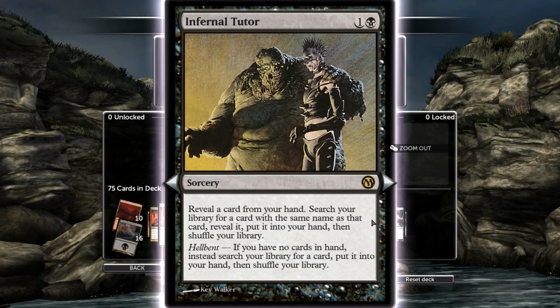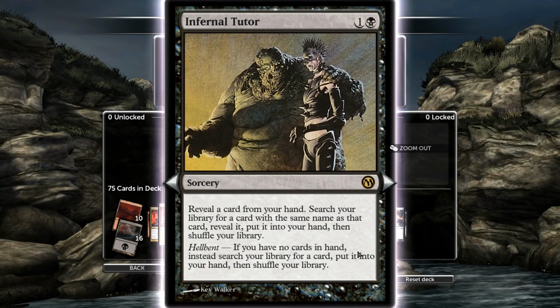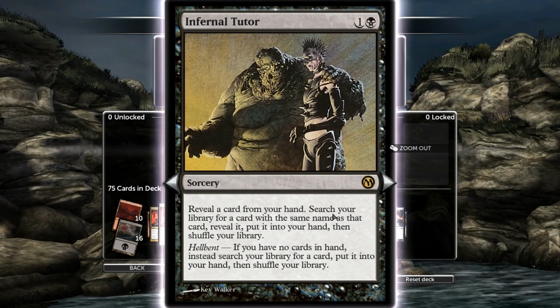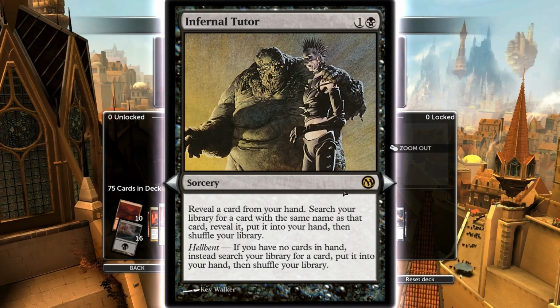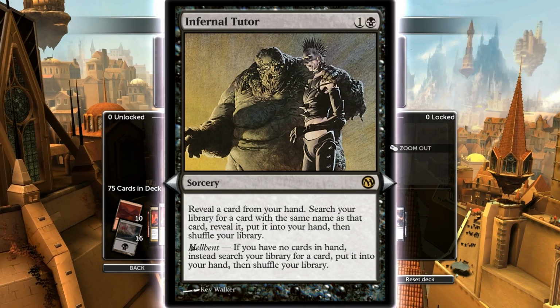Infernal Tutor, 2 cost: reveal a card from your hand, search your library for a card with the same name as that card, reveal it, put it into your hand, then shuffle your library. Hellbent: if you have no cards in hand, instead search your library for a card, put it into your hand, then shuffle your library. Wait, what? With the same name as that card. Okay. So you can either get a copy of one card, or if you're Hellbent, you get exactly, it's like